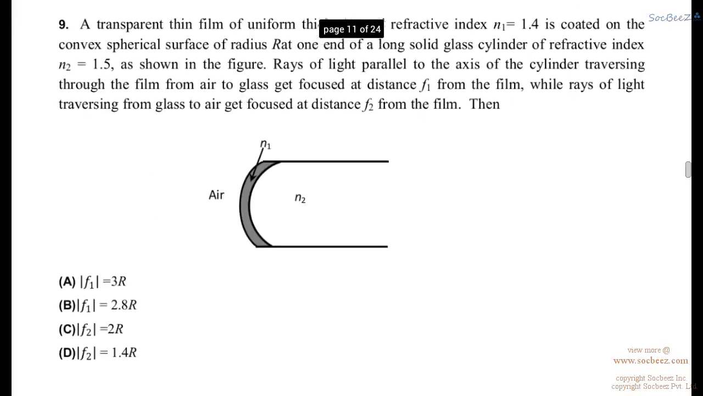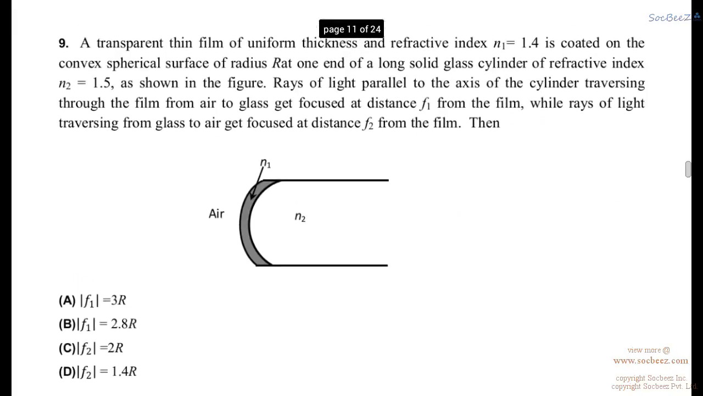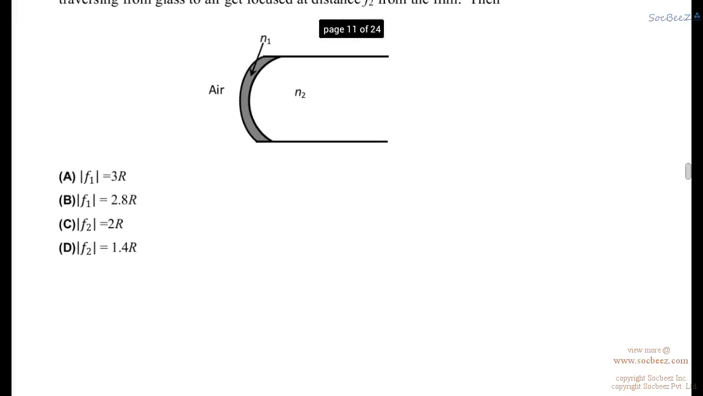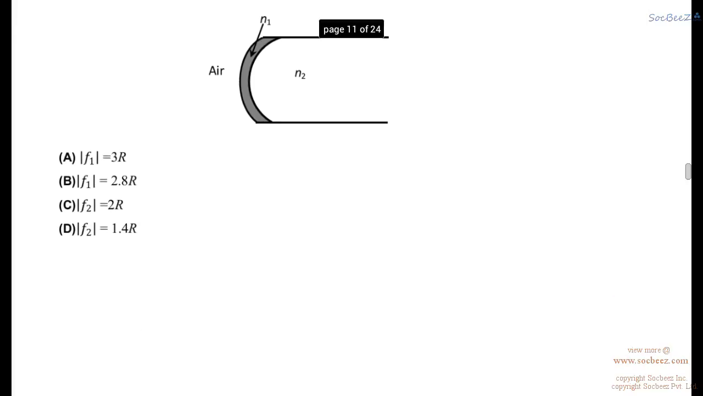Question says a transparent thin film of uniform thickness and refractive index n1 equals 1.4 is coated on the convex spherical surface of radius r at one end of a long solid glass cylinder of refractive index n2 equals 1.5, as shown in the figure. Rays of light parallel to the axis of the cylinder traversing through the film from air to glass get focused at distance f1 from the film, while rays of light traversing from glass to air get focused at distance f2 from the film. Then, well, here as thickness of film is uniform, we can write a comment over here that